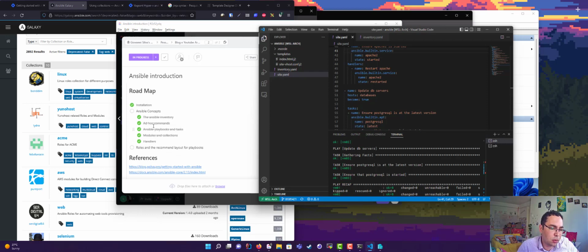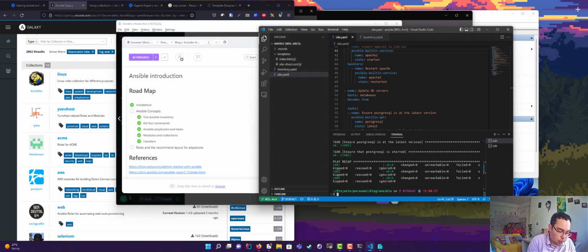Let's now talk about roles and the recommended layout for playbooks. For this, we're going to check out